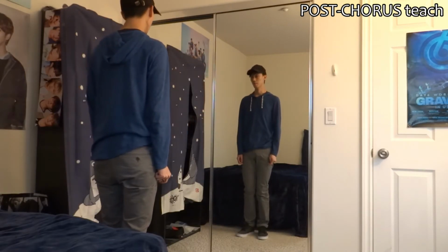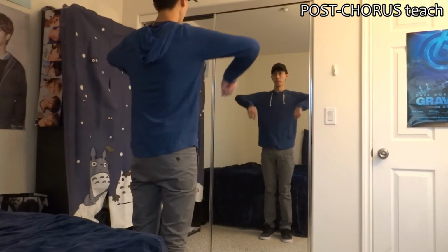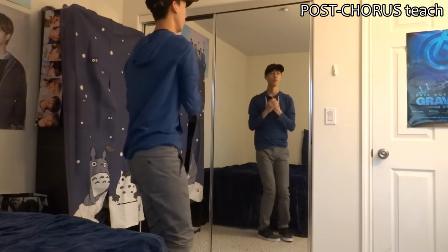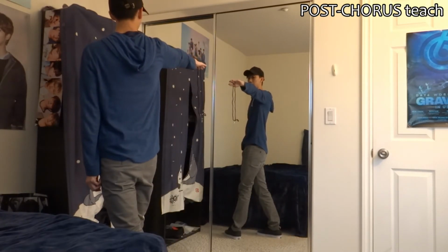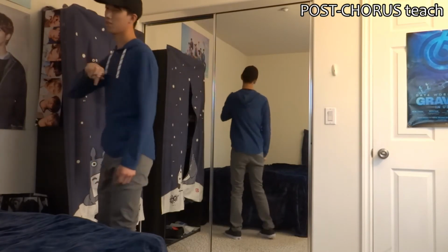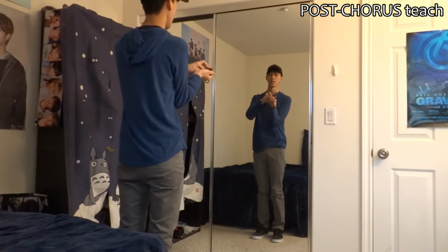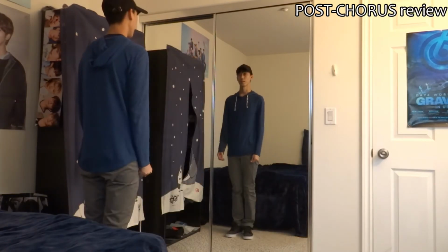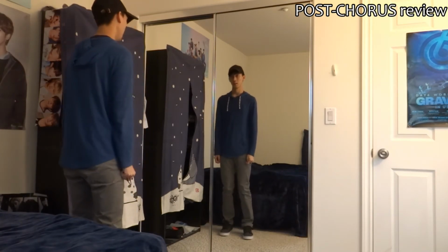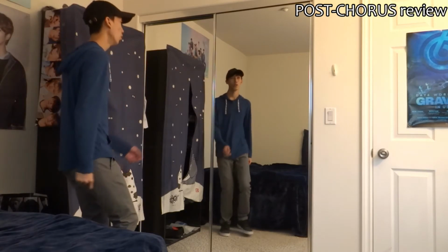So it's going to be 1 and 2, 3 and 4, 5, 6, 7, 8, 1. This and then that. So let's do the whole post-chorus with counts now, and then we'll add that on to the chorus too. Okay, so the post-chorus with counts, starting from the walking, it's going to be 7, 8, 1,